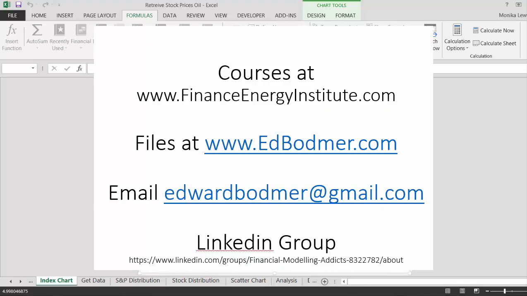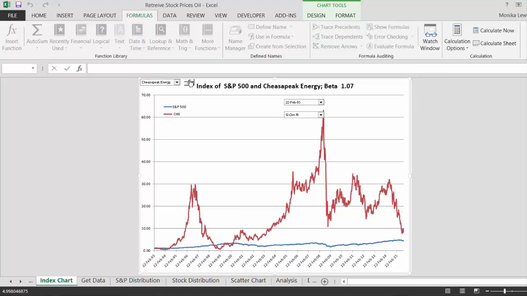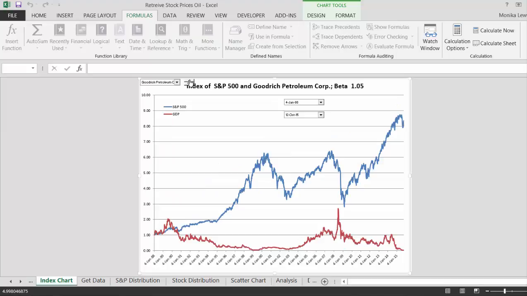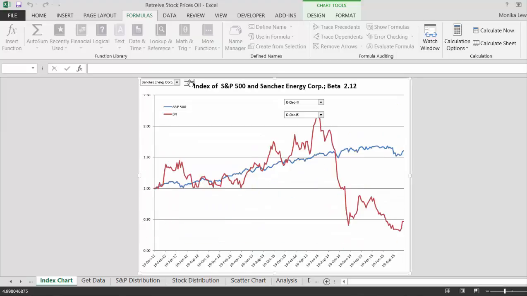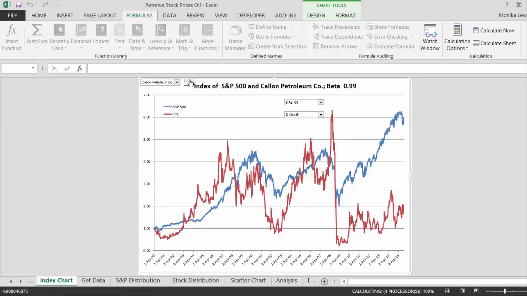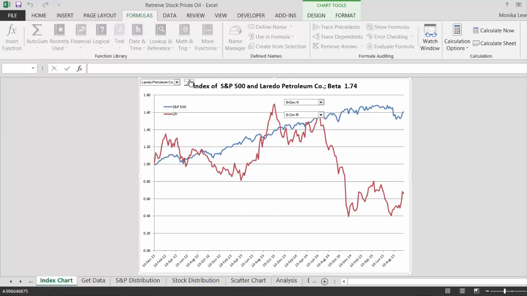Chesapeake Energy. This is a famous, real big shale gas producer. You see a big spike, and now it's come down a lot, but still not bankrupt. Okay, you can see what's happening to some of these oil price companies. Haven't looked at this for a long time. Okay, and then on the disk, I've got a whole bunch of other industries.